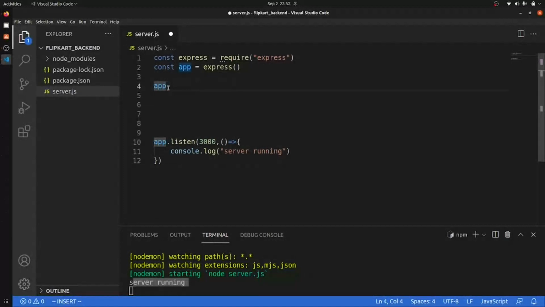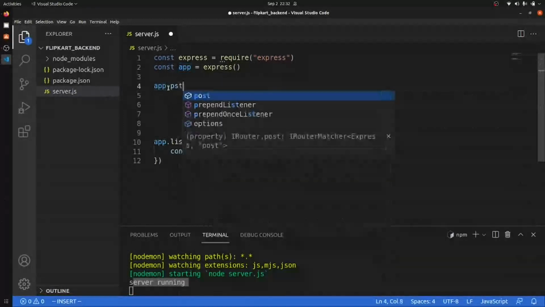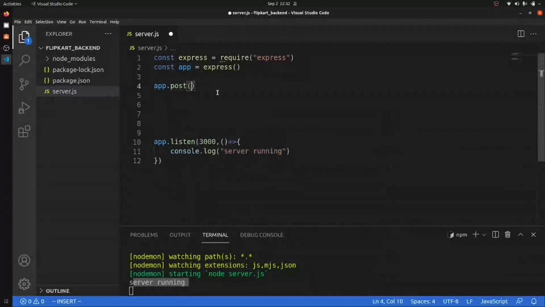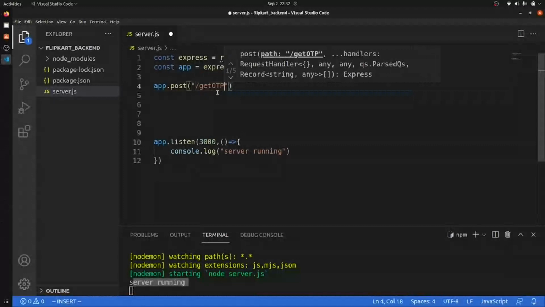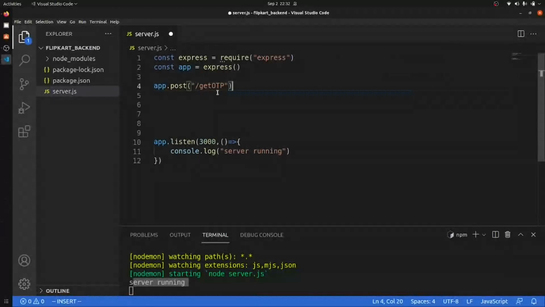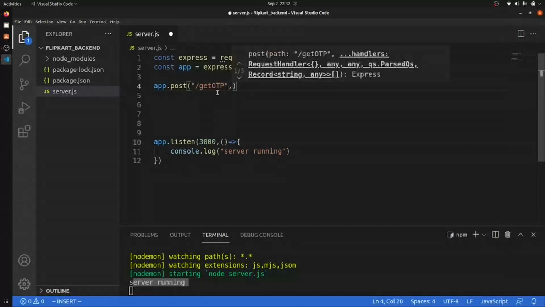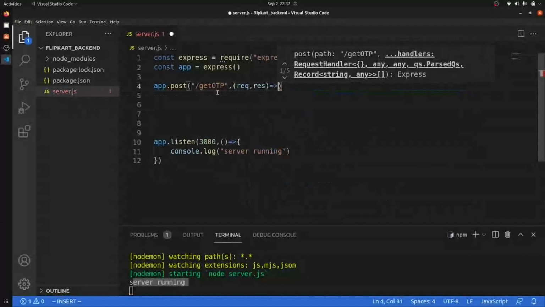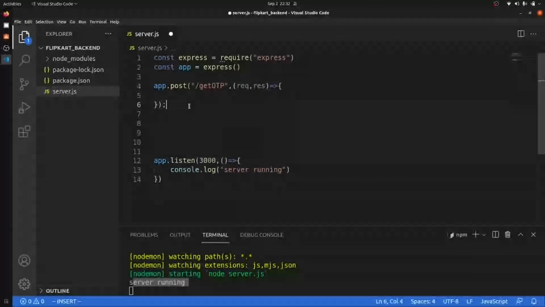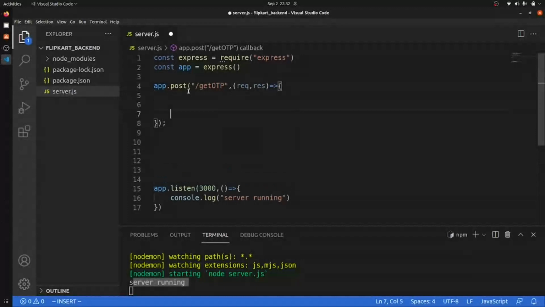So firstly we'll do app.post, and inside this we will give getOTP. Then we will have request, response. This function will always have these two things. If we receive the request, the data will always be in the body.